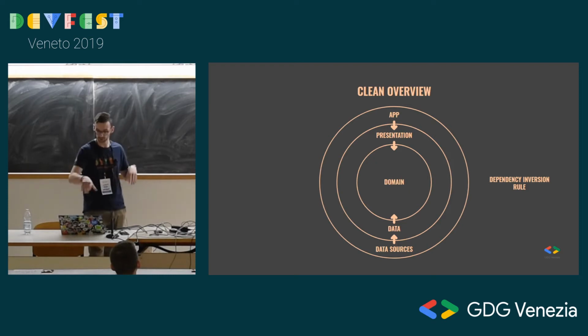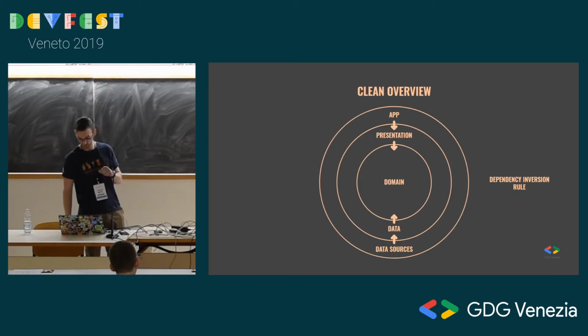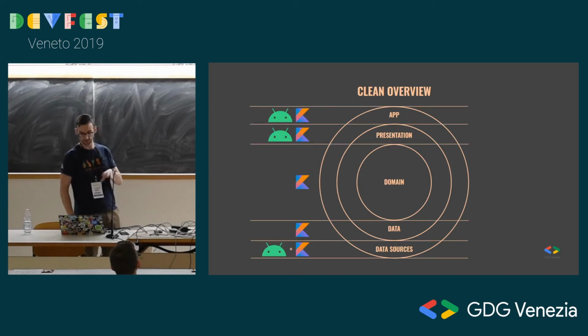So we're going to have at some point a data layer which is going to depend on the domain layer and is going to offer a way to have a dependency fulfilled by data sources. So data sources depends on data, and data depends on domain, and the same from the upper level. So to quickly recap, having this kind of architecture inside clean architecture allows us to separate the concerns